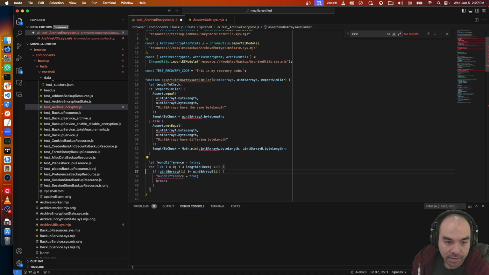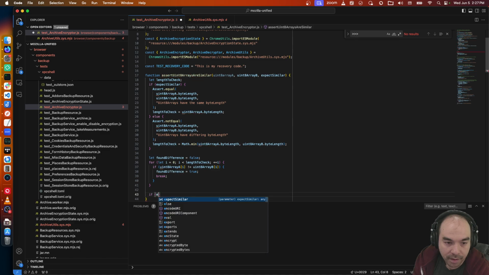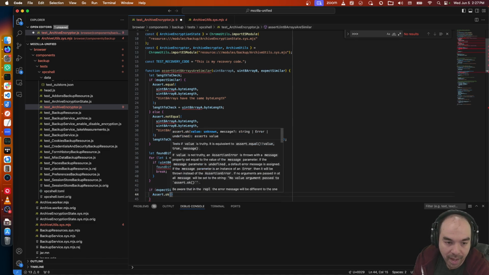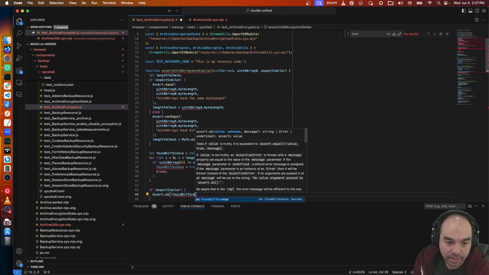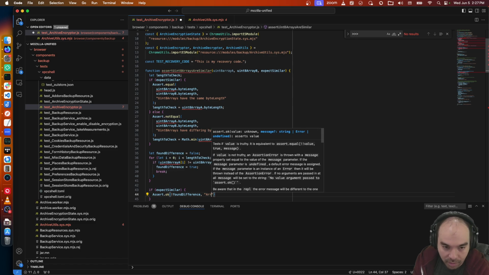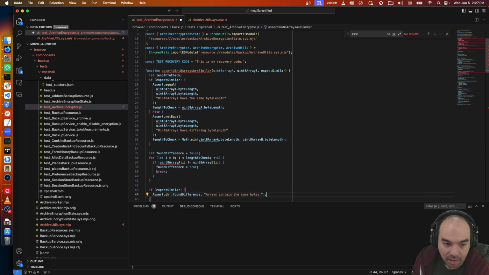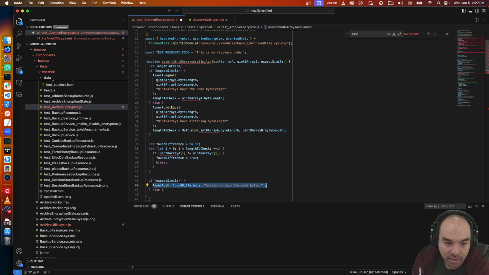So found difference: if expect similar, assert okay not found difference, arrays contain the same bytes, else assert okay found difference, arrays contain different bytes.